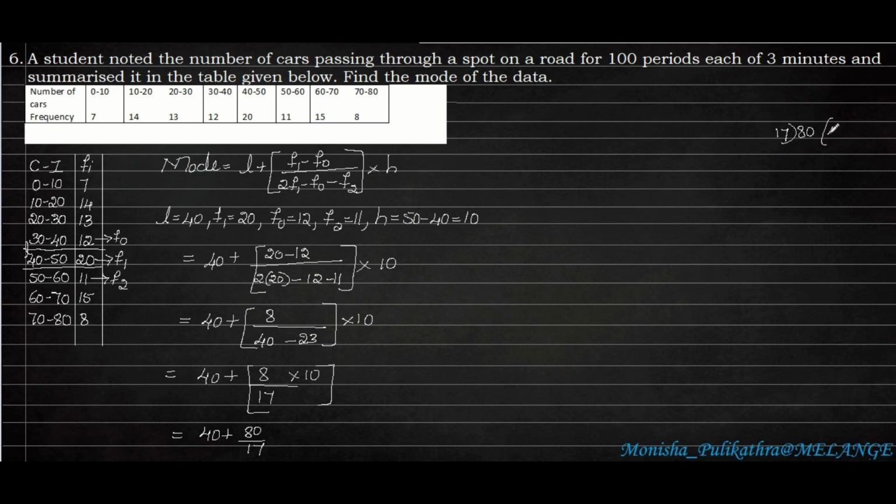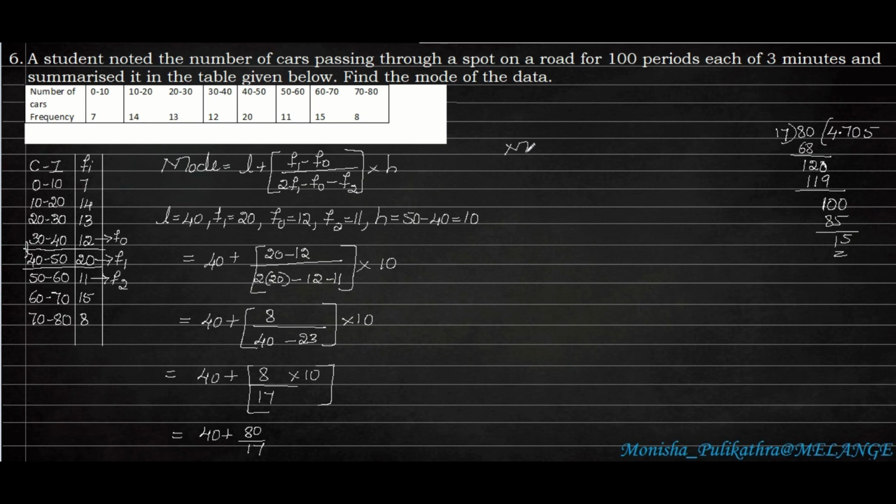So 17 4s are 68. Here remaining 12. So I will be putting a point here and a 0. Next 17 7s are 119, so it is 120. Here 1 will be remaining. Because of the 0, I can put a 0 here, but 10 is also not divisible by 17, so we have to insert another 0. Next 17 5s are 85. So remaining is 15. After the point, a minimum of 2 digits is required.